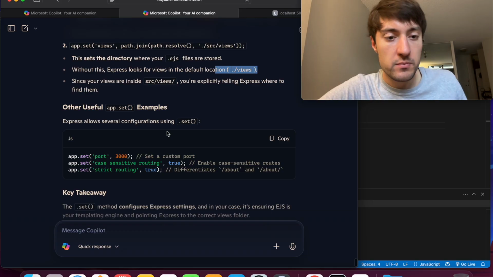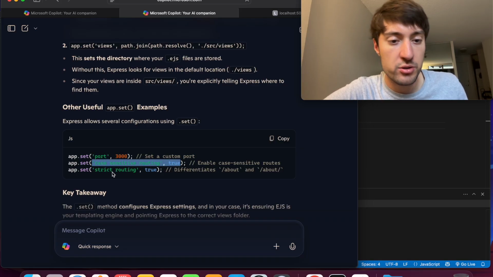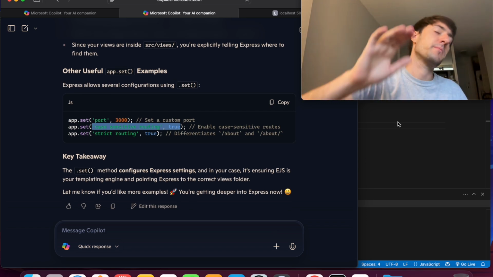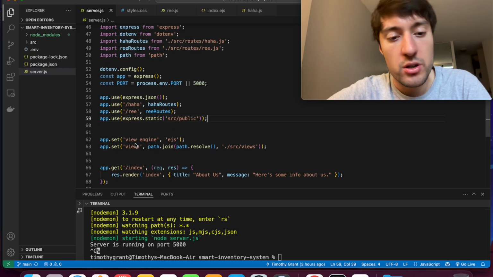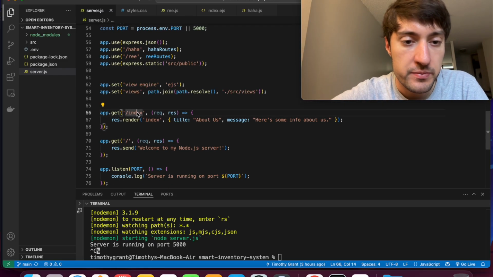Okay. So set port, so this is just changing the settings. So port is 3000, case sensitive routing is true, so I can just do those little settings. Okay, cool. So change the settings, and then for GET requests,